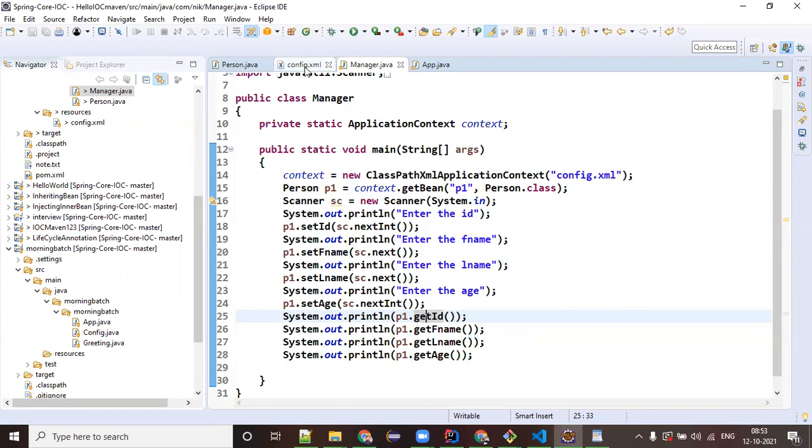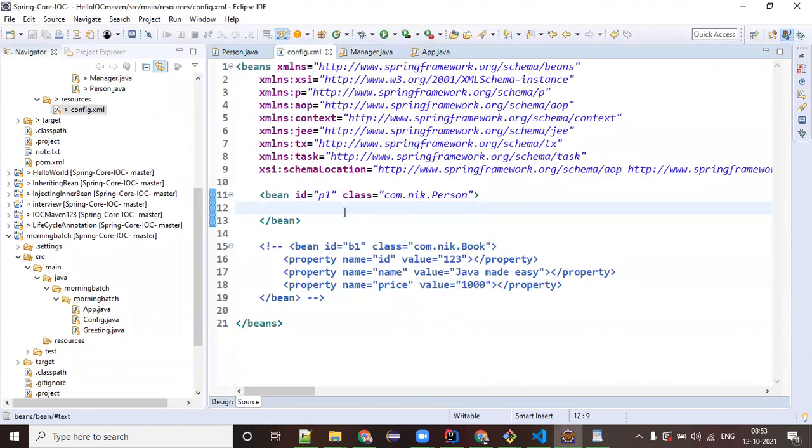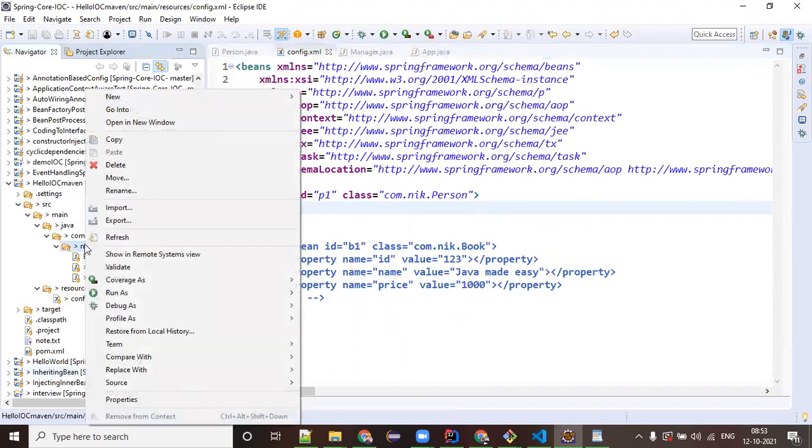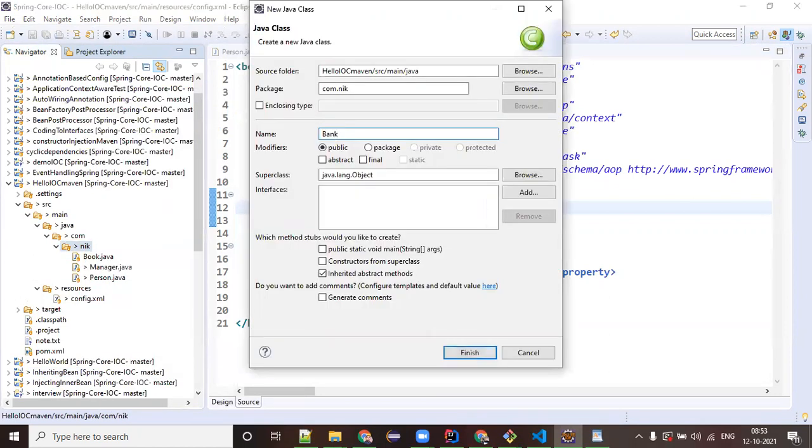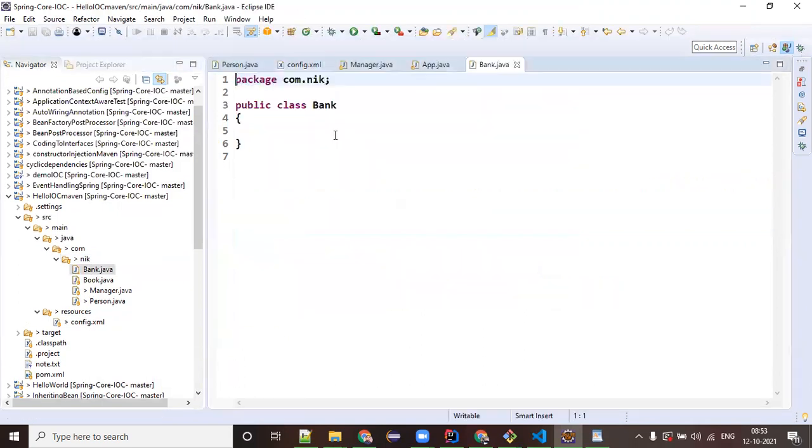Now, one more very important point. When to pass the property here? Let's say you are defining a certain class. I will have one class here called bank. This bank class has one property, private String name. One is name, and the other one is